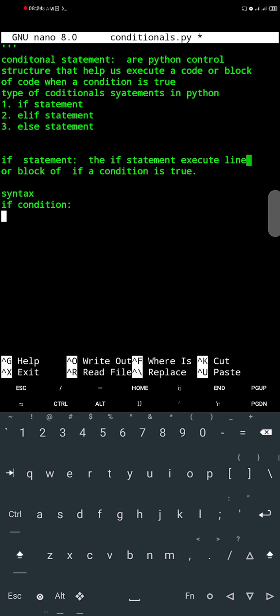You either use spaces for indentation or you use tab. We'll be using tab because tab is easier than spaces, so that you will not make a mistake with the number of spaces you use. So I'll just use tab here, and then the next thing we need is the statement